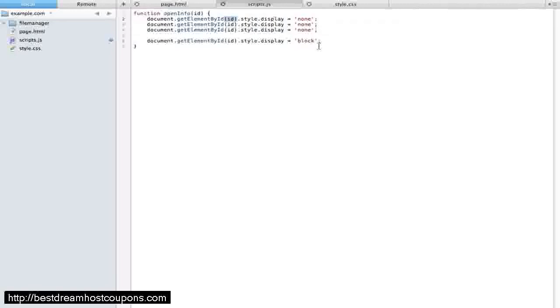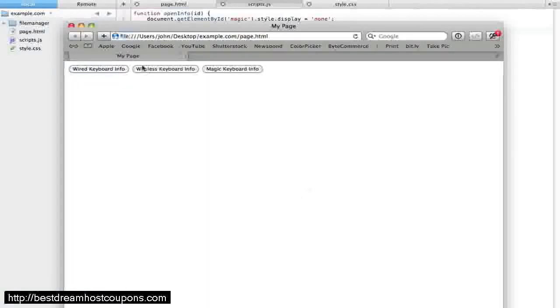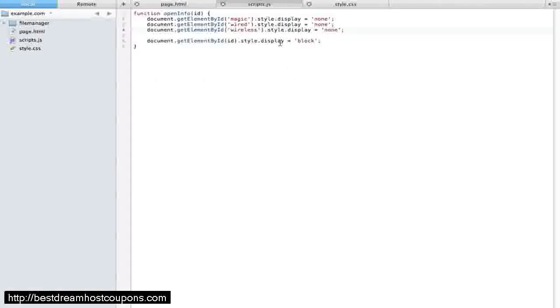So I'm going to make it get element by ID, let's see, magic, and wired, and wireless. So we're setting all 3 paragraphs to display none, and then we're only setting block on the one that we selected. So wireless shows up, magic shows up, wired shows up. It works. Now I know it might be a little confusing right now just because I'm throwing all this information at you, but feel free to experiment with some of this code until you get